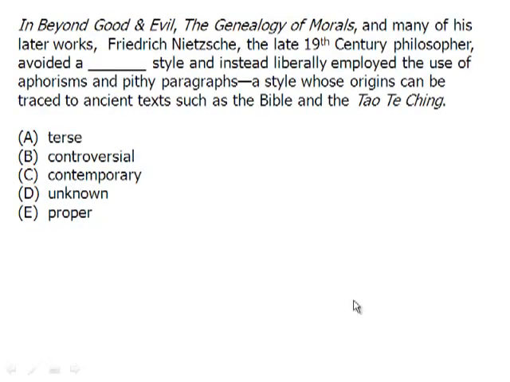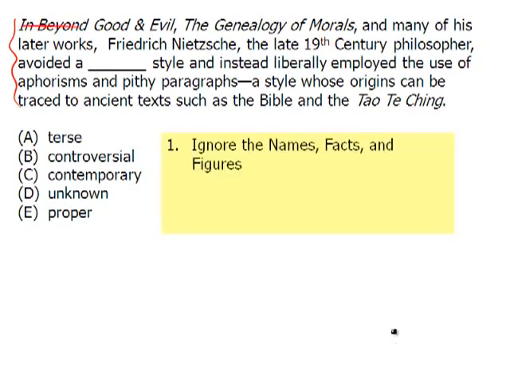Okay, looks like we have another monstrous mammoth sentence here. This one, wow, looks like it's going all the way up to 5 lines. So is that bad news? Well, not necessarily good news, but again, you see titles, you see names, not important. Break it down. I don't care about the names of the works. Look, it's Friedrich Nietzsche, is how you pronounce it, but that's also a tongue twister. That's only going to slow you down.